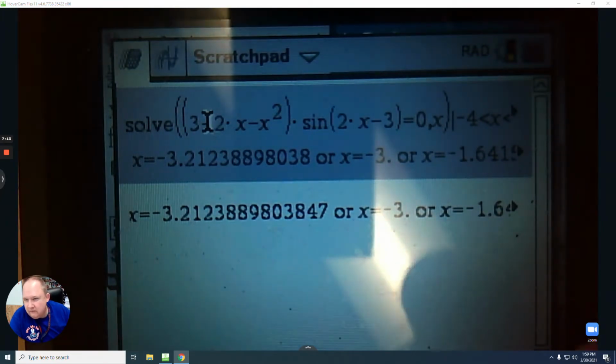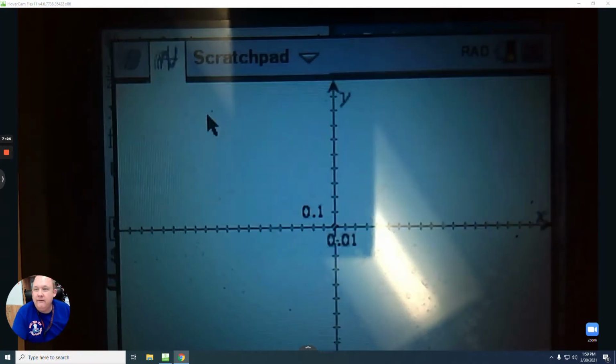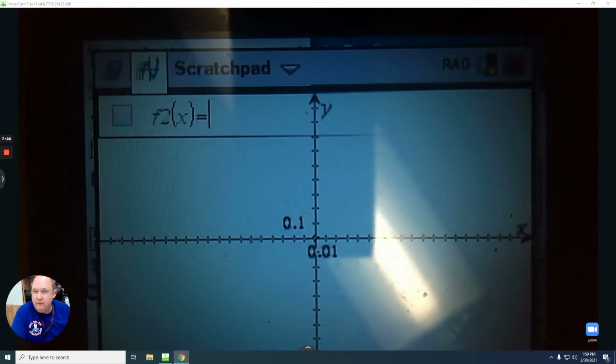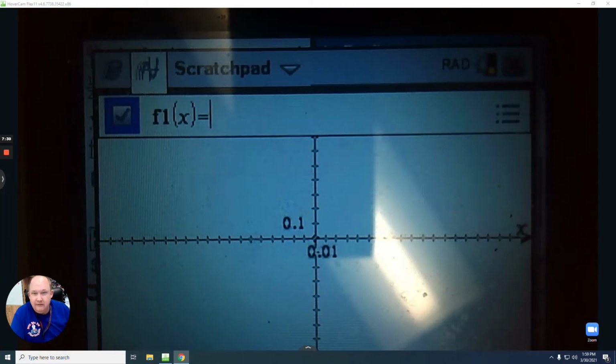Now, if I wanted to, there's another way I could do it. So, if I graphed it, so if I went tab and I graphed it, let me delete this part. So if I typed it in, I want to make sure that it crosses, that it goes from positive to negative or negative to positive. So to make sure that's true,